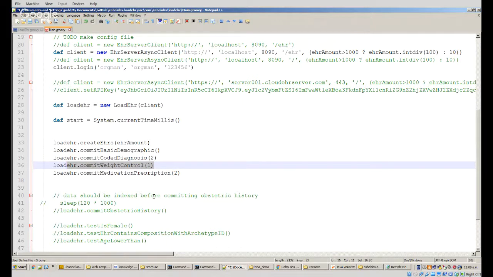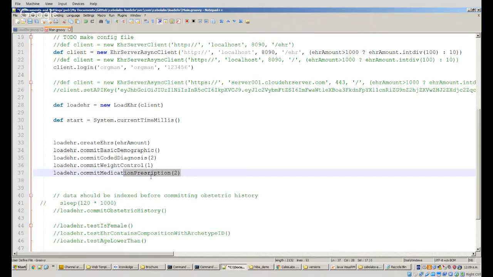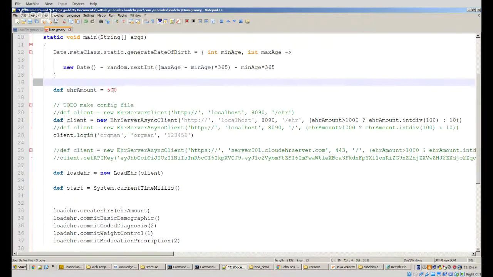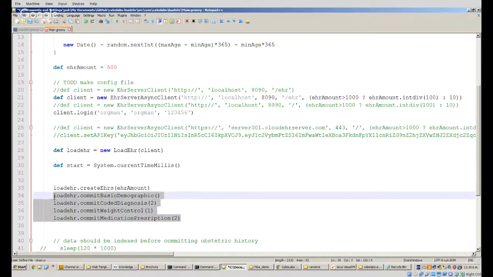One weight control document and two medication prescriptions. So it will be 1, 2, 3, 4, 5, 6 documents per EHR. So I will create 500 EHRs. So we'll have 6 documents per EHR. And